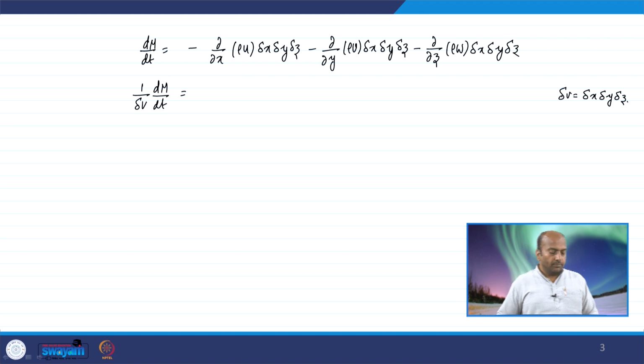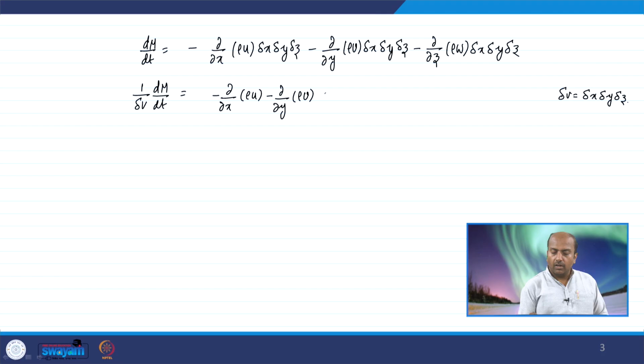So all of this will get cancelled: minus dou by dou x of rho u, minus dou by dou y of rho v, minus dou by dou z of rho w. Mass divided by volume will be equal to the density. So, we write dou rho by dou t as minus dou by dou x of rho u plus